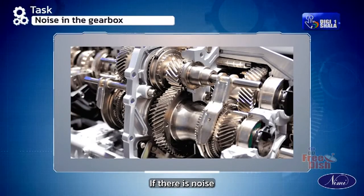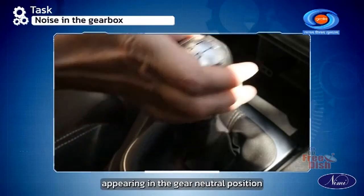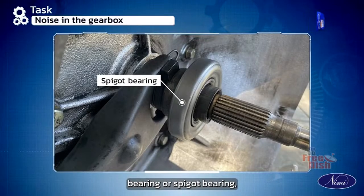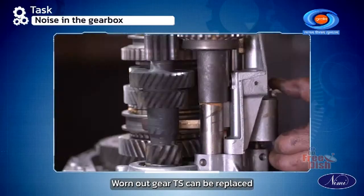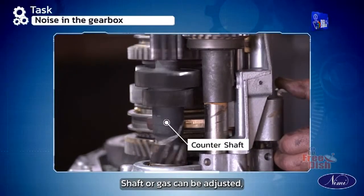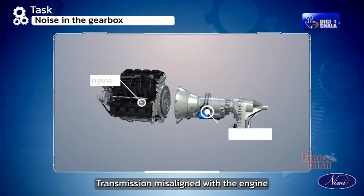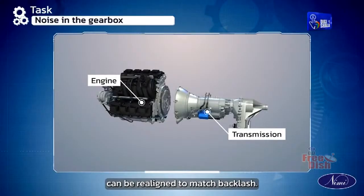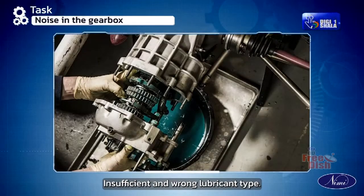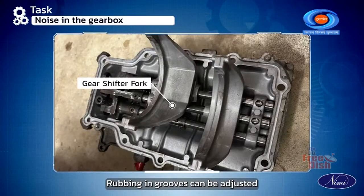Noise in the gearbox. If there is noise appearing in the gearbox neutral position, the symptom is that the noise is appearing in the gear neutral position. Causes: worn or dry clutch shaft bearing or spigot bearing, which can be replaced; worn out gear teeth, can be replaced; too much end play in the countershaft or gears, can be adjusted; worn out or dry countershaft bearings, can be replaced; transmission misaligned with the engine, can be realigned; too much backlash in driving gears in between gears, can be replaced; insufficient and wrong lubricant type, there the change of oil is recommended;